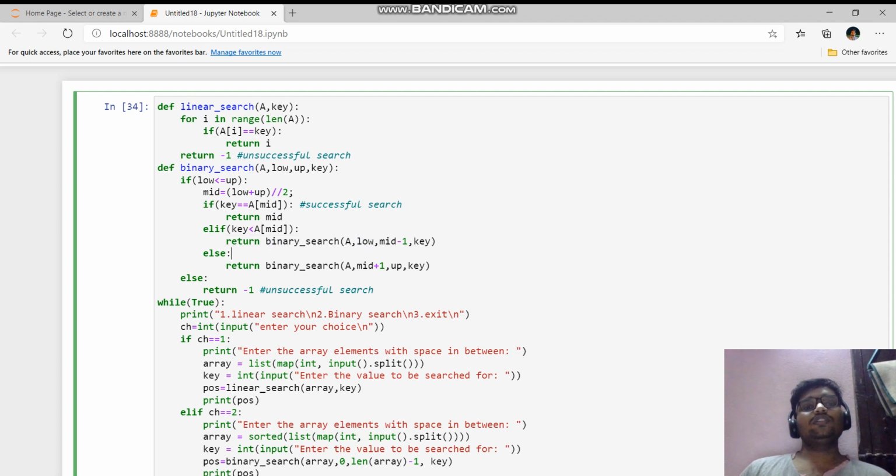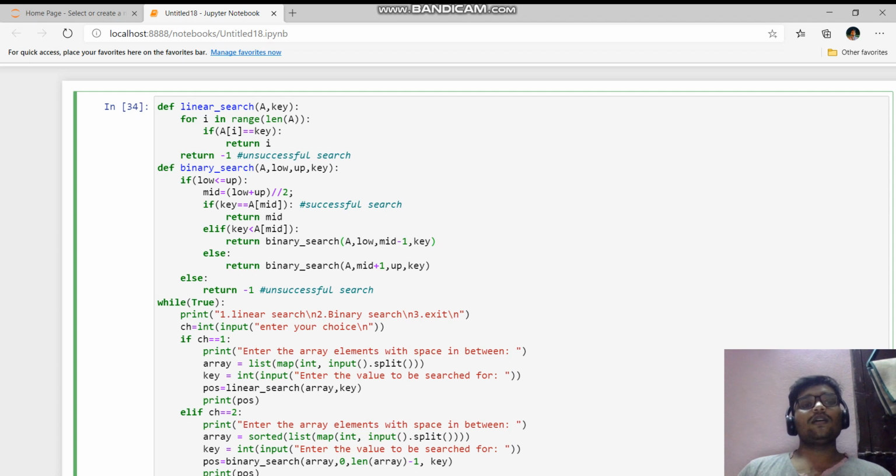The upper index of this split array will be mid minus 1, so we have to pass this changed value to this function. Low stays, and now up will take the mid minus 1 value, and key stays as it is. Using this procedure we'll solve binary search.